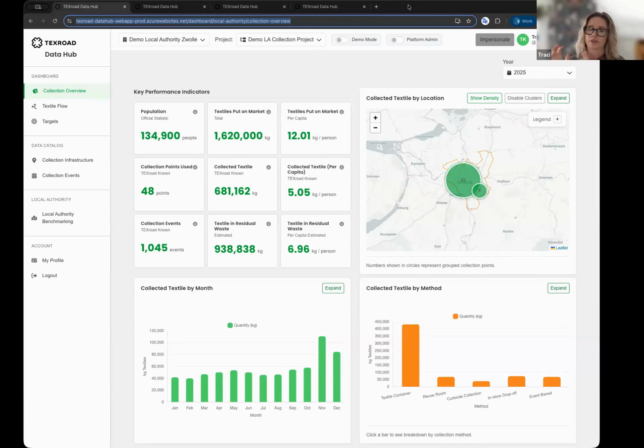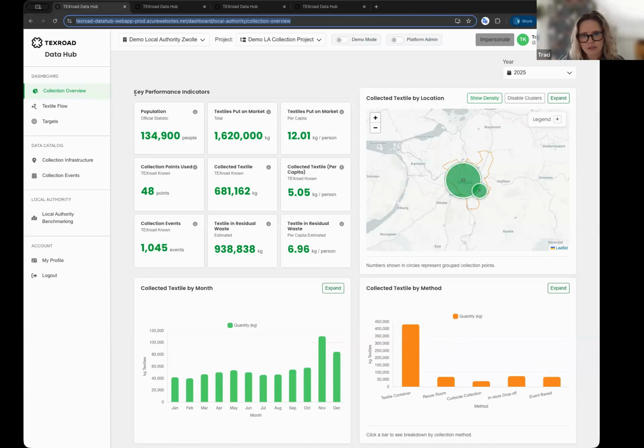You have a collector, a sorter, the public authority, and everybody needs the same version of truth. So what we do is we take data from, for example, official statistics, official national reports, and so forth. And then we also get data from collectors and sorters to put together this overview for everybody to align around. And I'm going to show you a couple of my personal favorite features, a couple of the most important things we do.